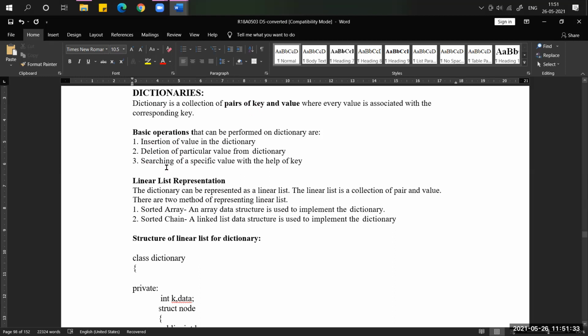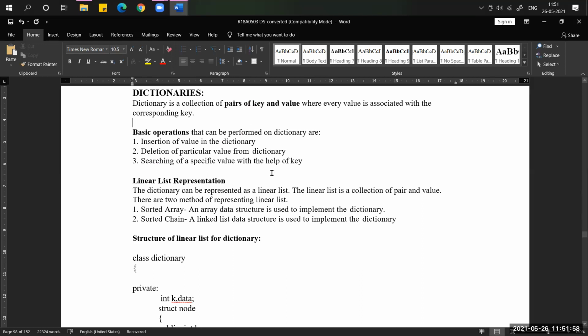So here, in the case of a dictionary, the key value plays a major role. For example, for searching, I want to search by roll number, like a key. So the key is number 12. Based on that key value 12, I can search in the dictionary whether the student is present or not.